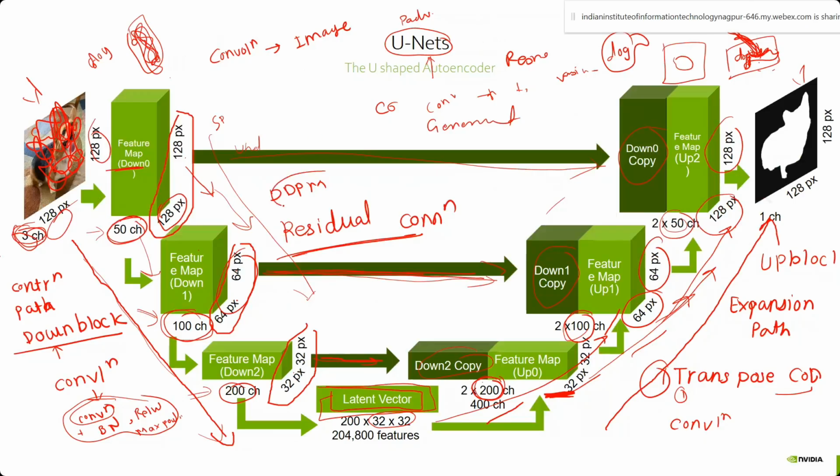It internally uses up blocks and down blocks, but the difference is this. Here you are adding noise to the dog image all at once, making it completely noisy at a time. So what people thought is that instead of adding noise at a time, step by step I will add the noise to the image, and during backpropagation I will try to remove the noise step by step.